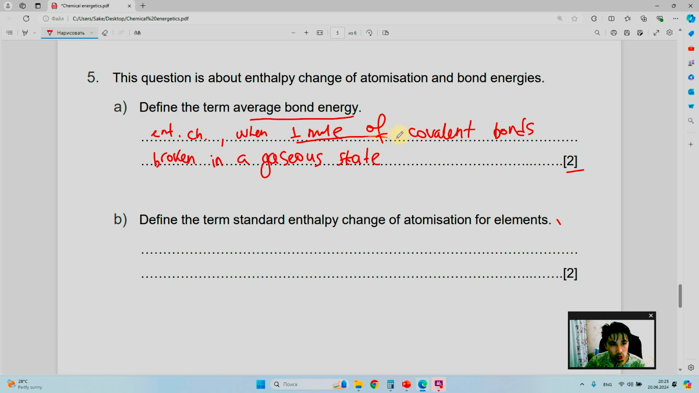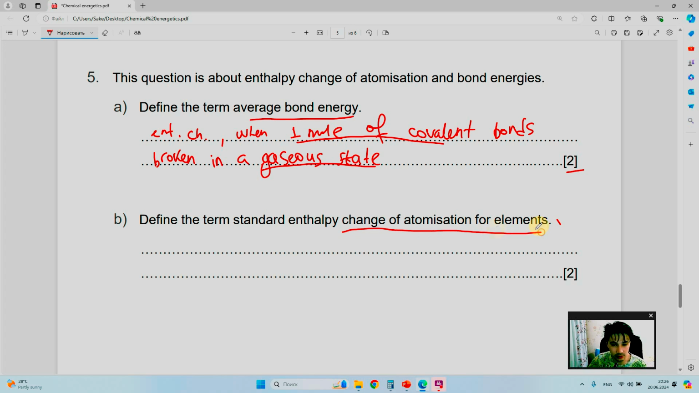So when 1 mole of covalent bonds are broken, it's 1 point, and for mentioning that it's a gaseous state, it's a second point, because if you take its standard state of any substance, you cannot consider these values as standard bond energy values. Nope. They always are given for a substance first being in a gaseous state, then giving atoms of its compound. Then